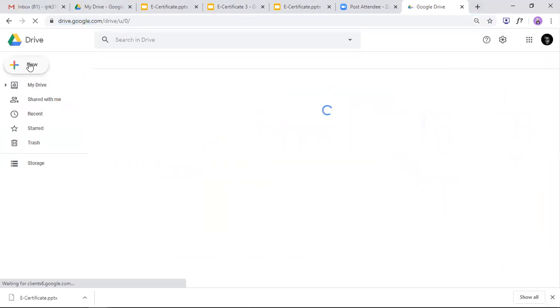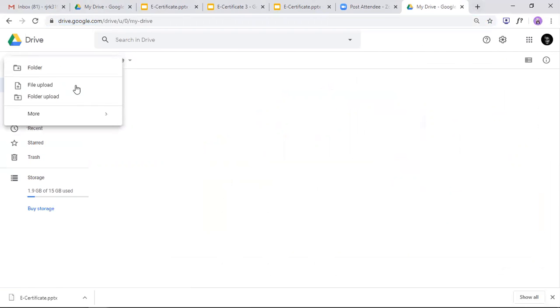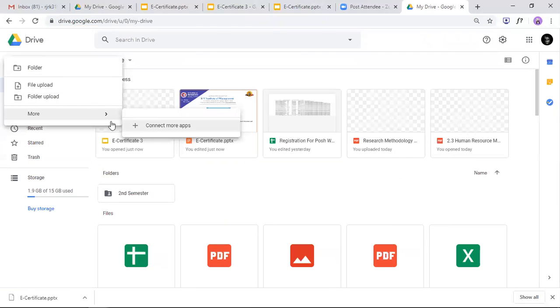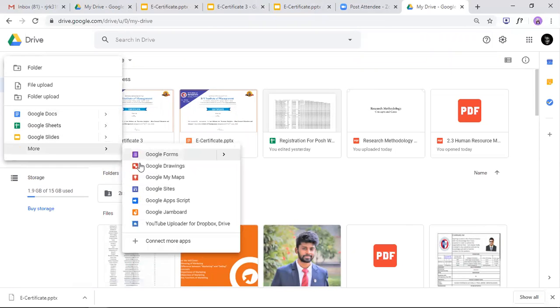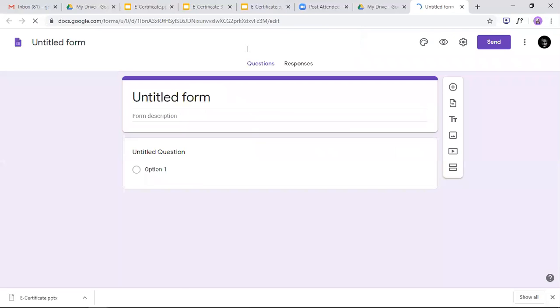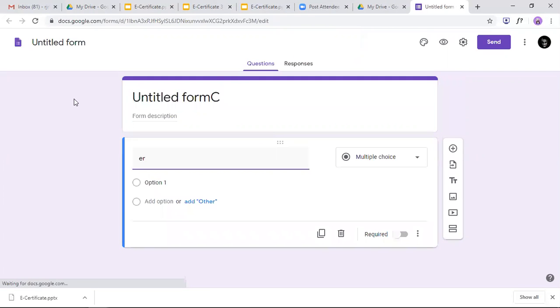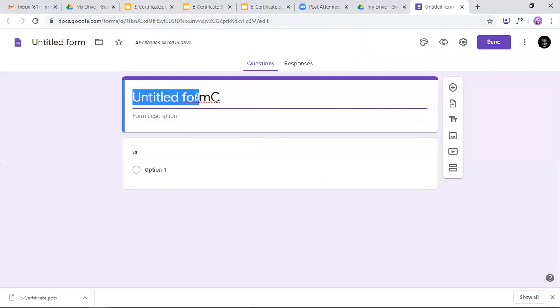Suppose New and More, Google Forms. So here you have to put a note just in case, that please use your letters appropriately because it won't be re-editable.